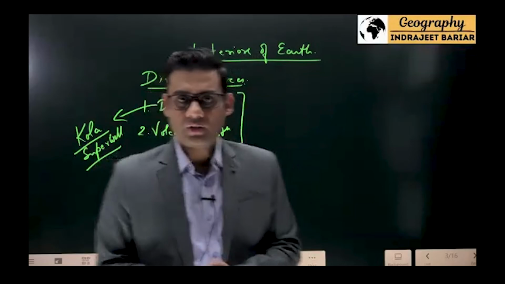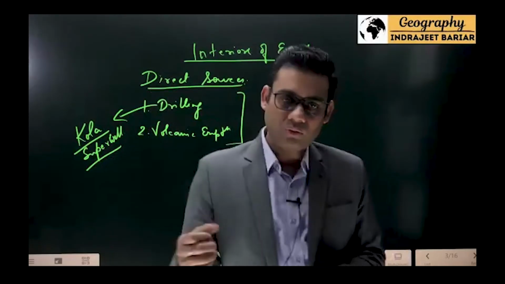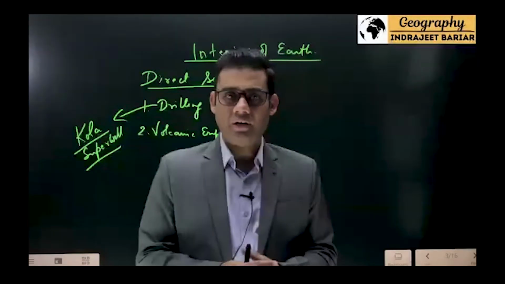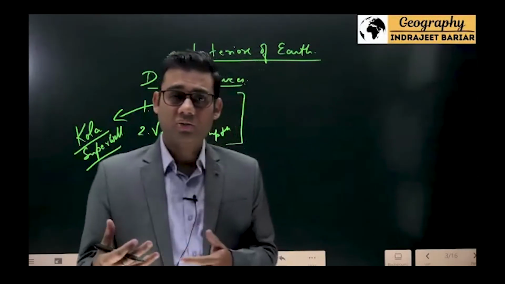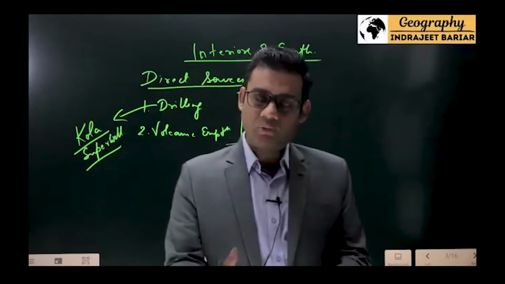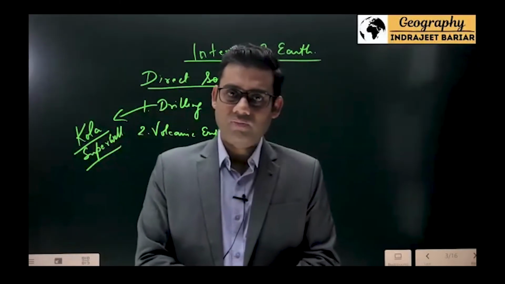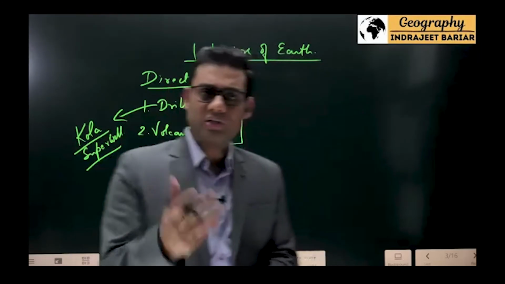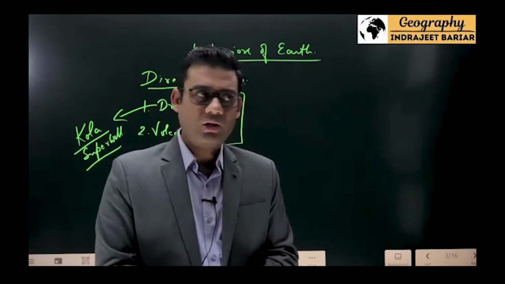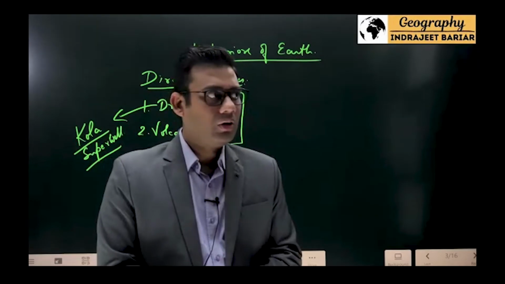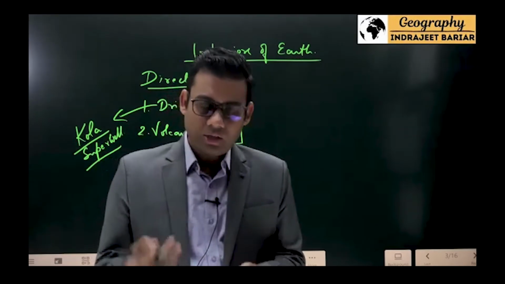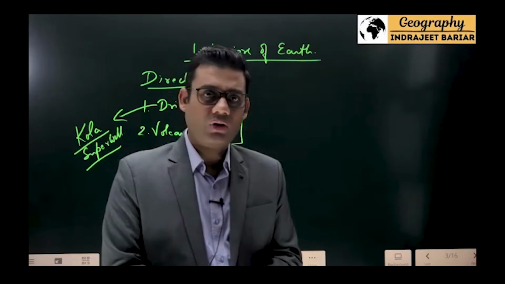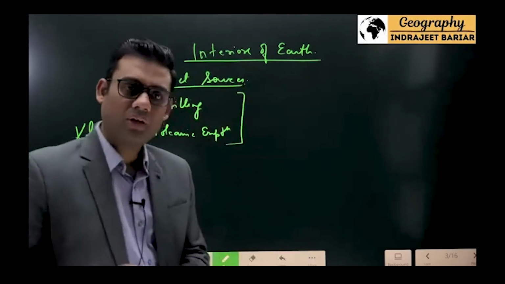But nevertheless, they were able to dig up to 11, 12 kilometers. And after that, the project had to be abandoned because the temperatures were extremely high at that depth only, 12 kilometers depth. The temperatures were extremely high. The pressure was extremely high. The instruments that they were using stopped working. So that's where we see that there is a limit with respect to direct observation, what you can observe about the interiors of the earth.